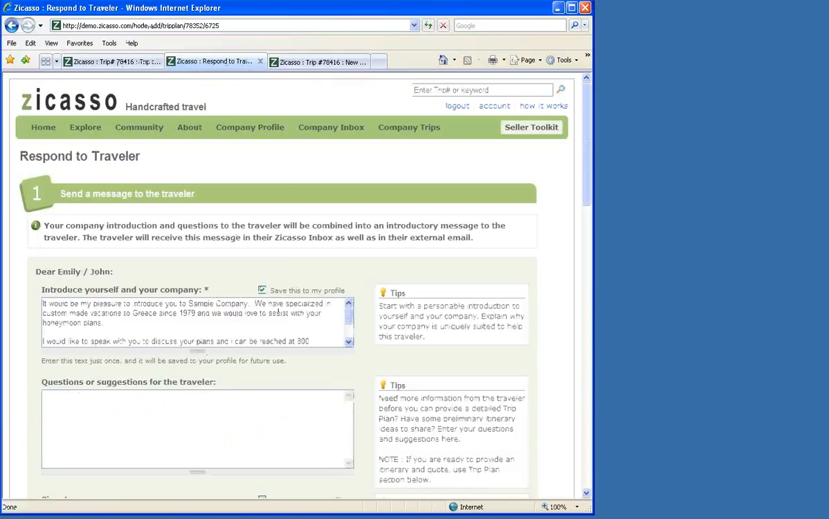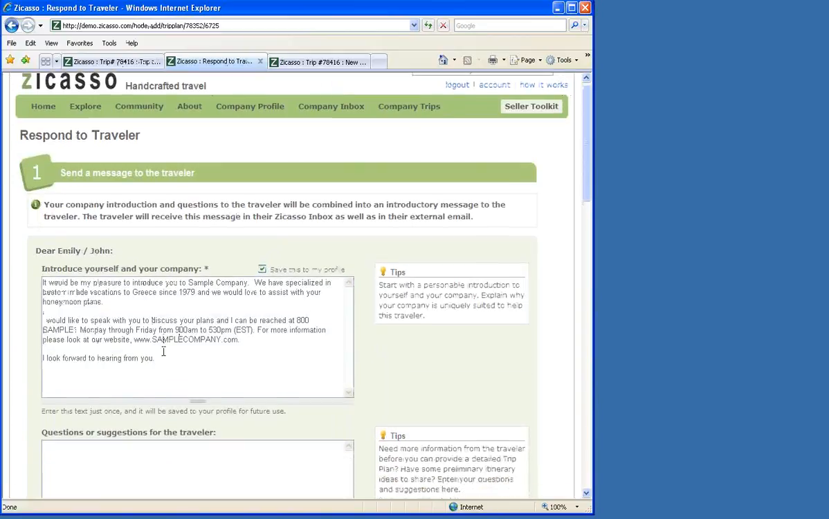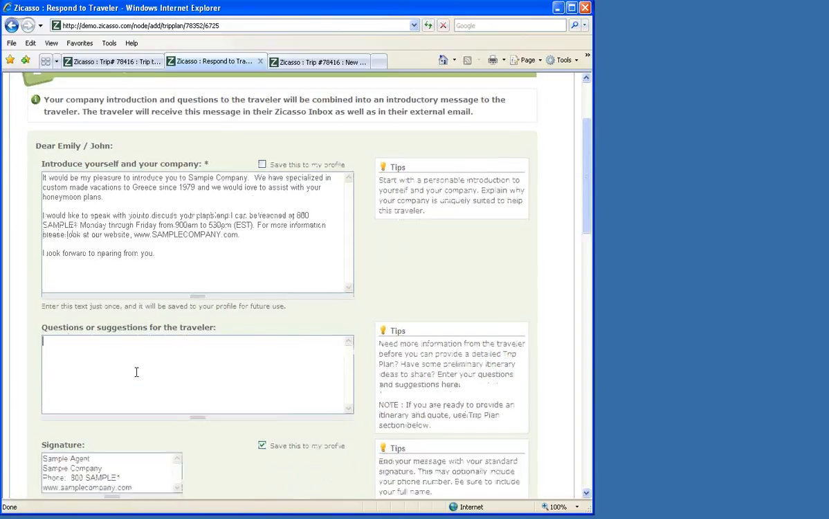So here is your introduction to your company that is automatically pre-filled. If there's anything that you want to change and you want to continue to save in the profile, you can leave this checked. If you want to change something but you don't want it saved, you just uncheck it. And then we recommend that you write additional questions for the traveler, and you can either do that by putting